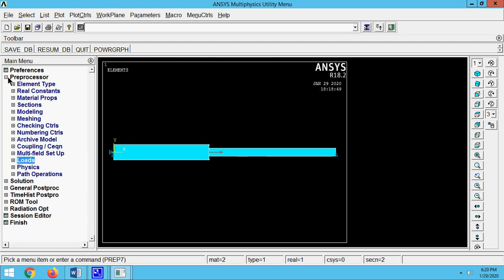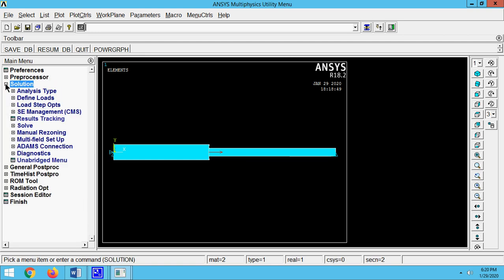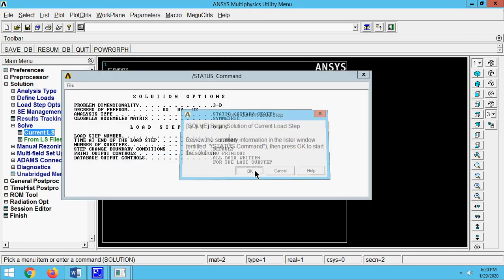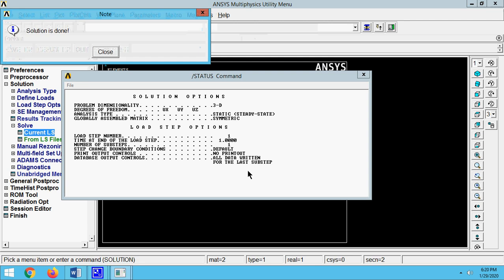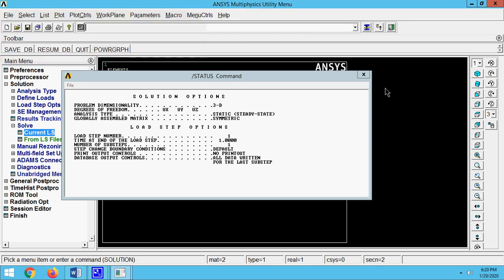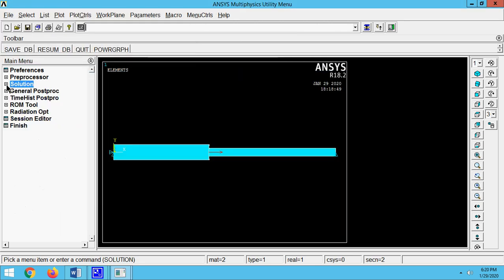Now all we have to do is solve. So we are going for solution, we are going for solve, and we are solving the current load step. Say okay. Now your problem will be solved and you can say the solution is done. Now we can go to the post processor for